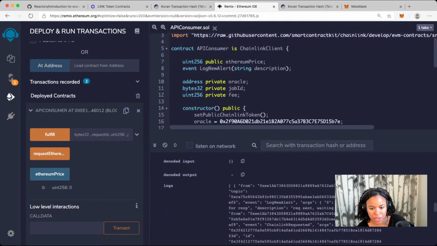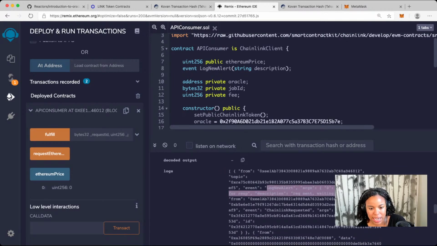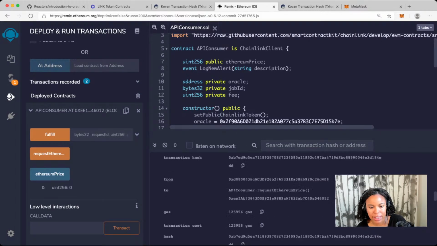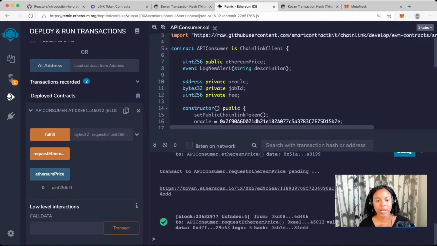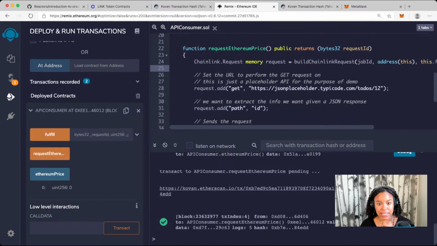You could scroll through this and just look at what's happening. I know that I do have an alert that was sent out from calling that event, so I might see some of that here. Anyway, what I should be able to do now that I have requested this price after sending out this